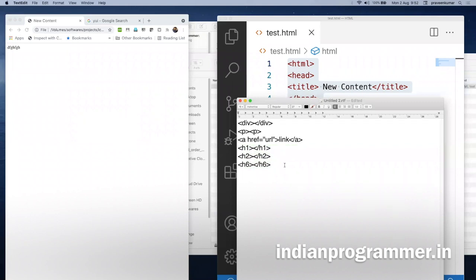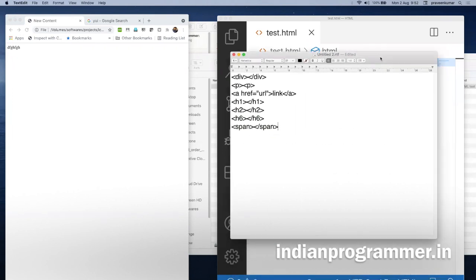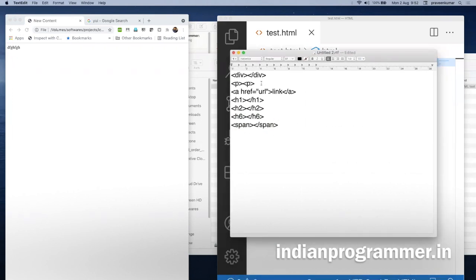Okay. The next one we are going to see is the span tag. I think you will understand later what all these things are, but I will show you. Again, this is also to display content in the web page. But the difference between this div and the span, I will tell you later. For now, just consider span a simple content tag. I think at the end of the session I will tell you the difference between the div and